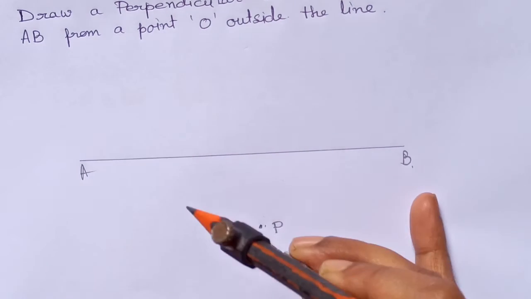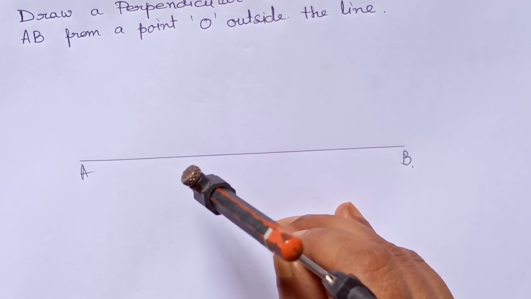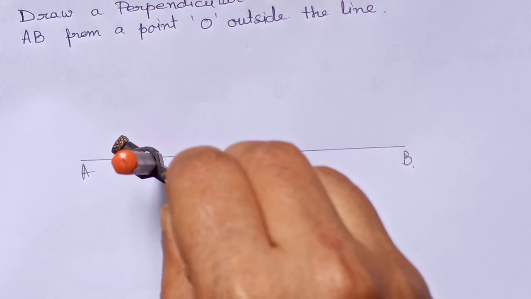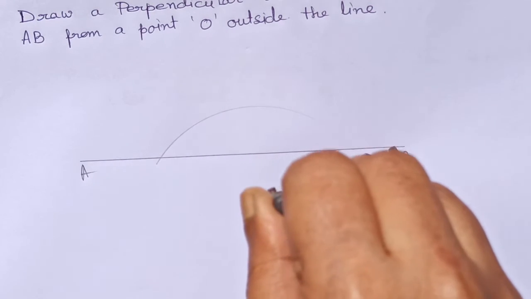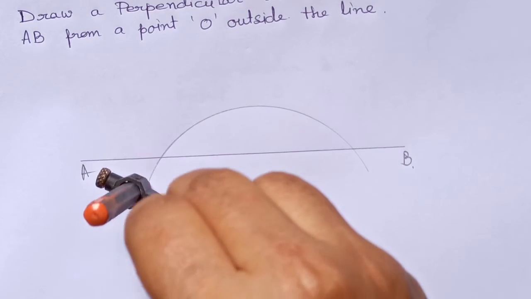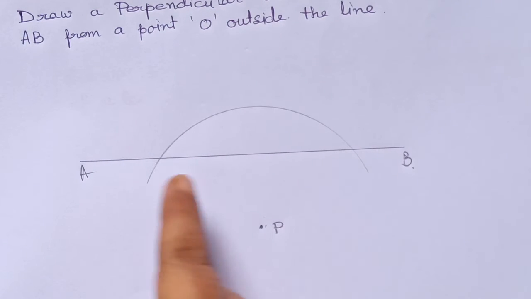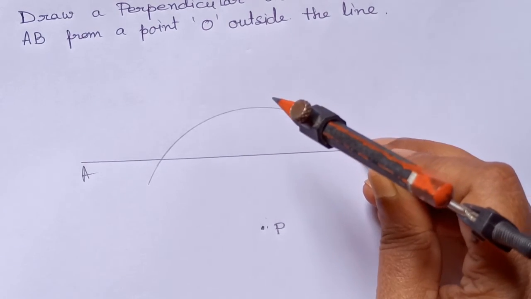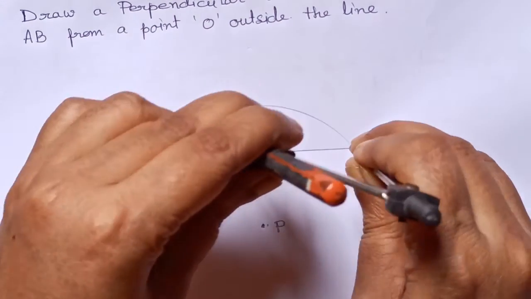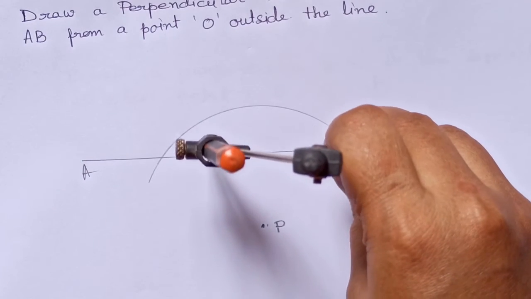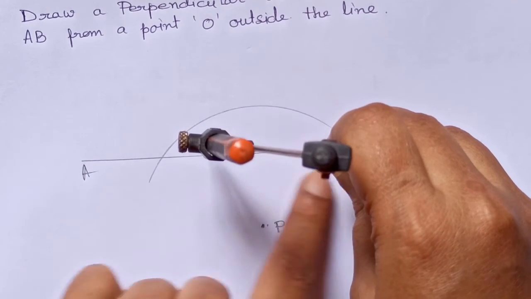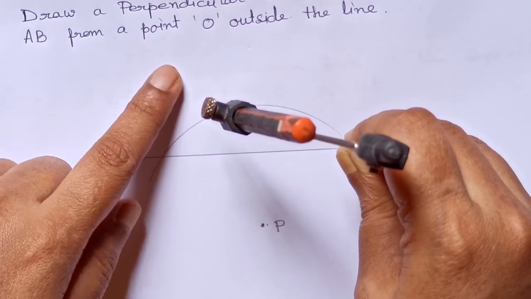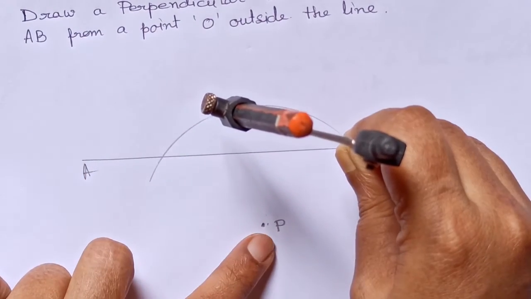take a compass and place it on P. Take any radius and draw a semicircle on the line AB. The semicircle will cut AB at 2 points. Now put the compass on these 2 points. Take more than the half of the radius of this distance and draw two arcs on the opposite side of